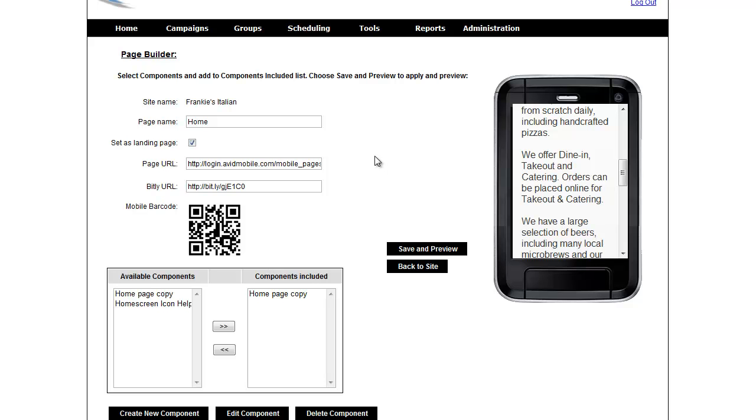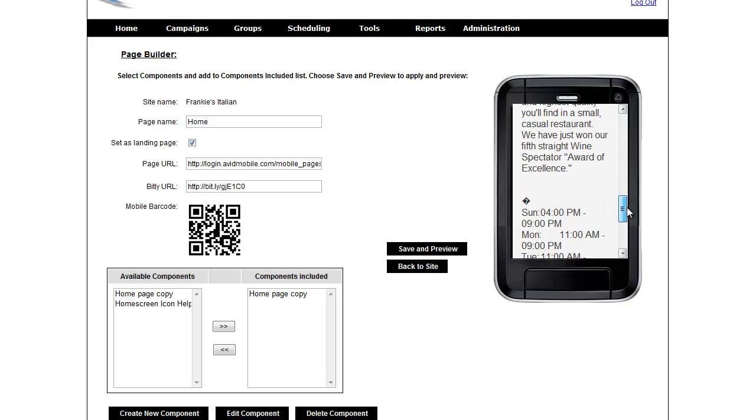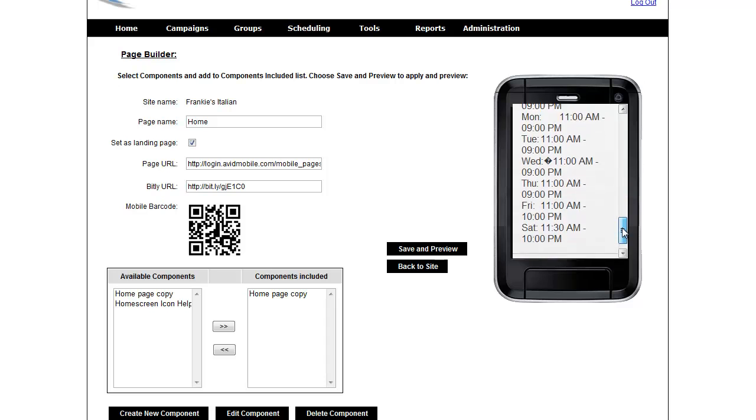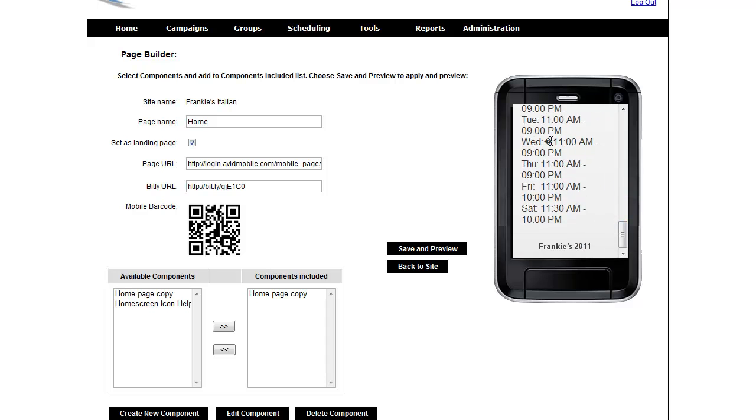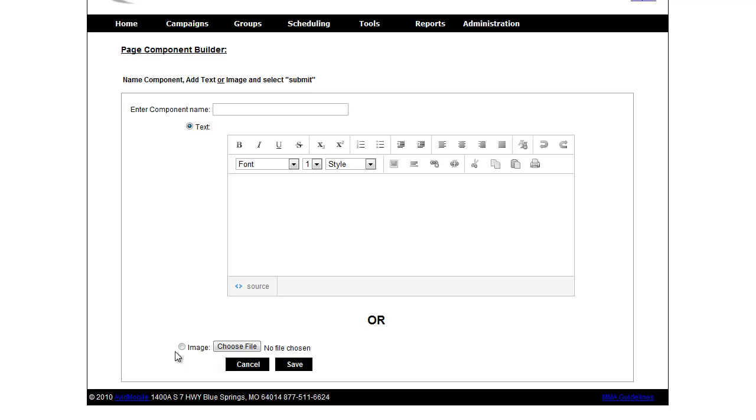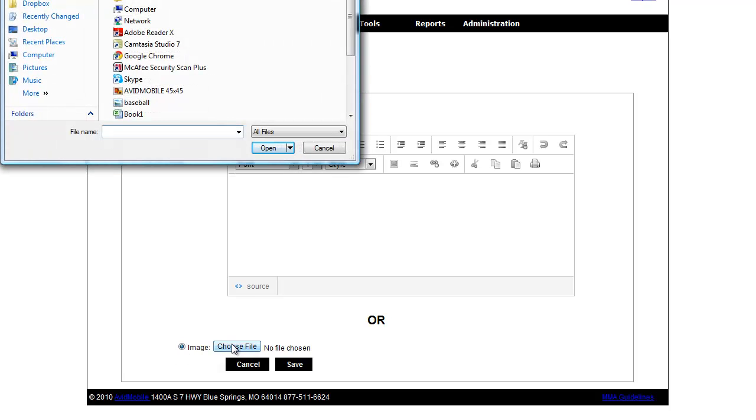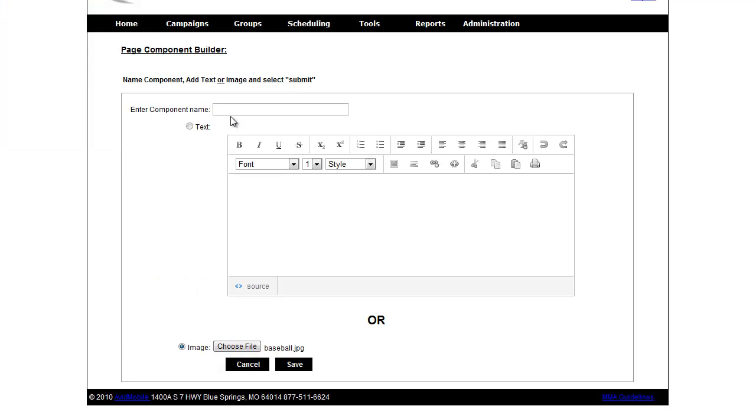Easy to do that. Now we can go in and add additional components to this page. If we wanted to add a picture in after the times here, we would just go in, create a new component, click images, choose an image. In this case, we'll just put a baseball picture in there. I'll name this baseball image, and it doesn't matter if it's spelled right. Save it,